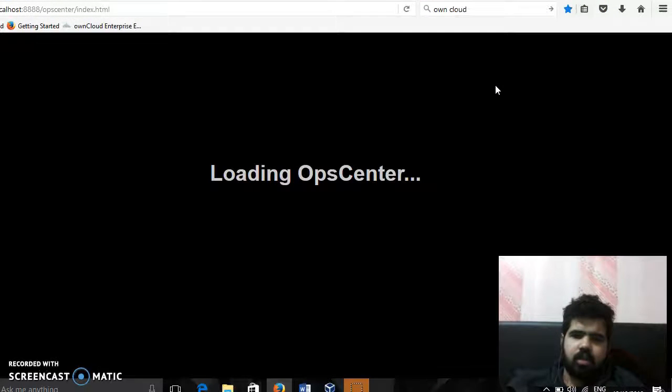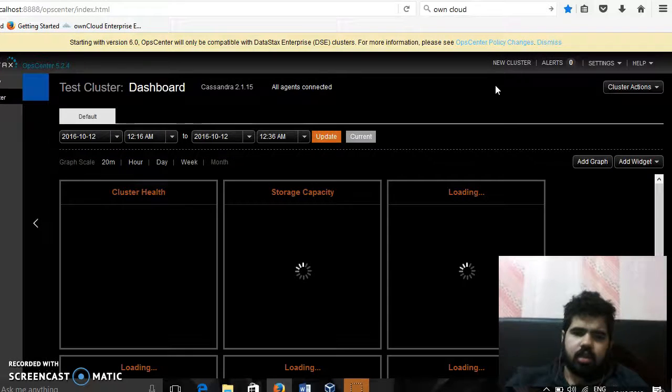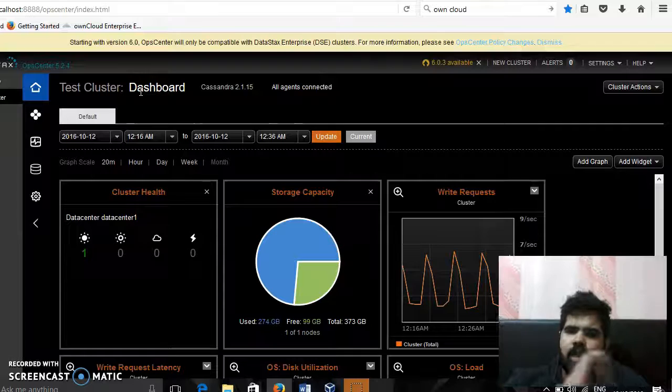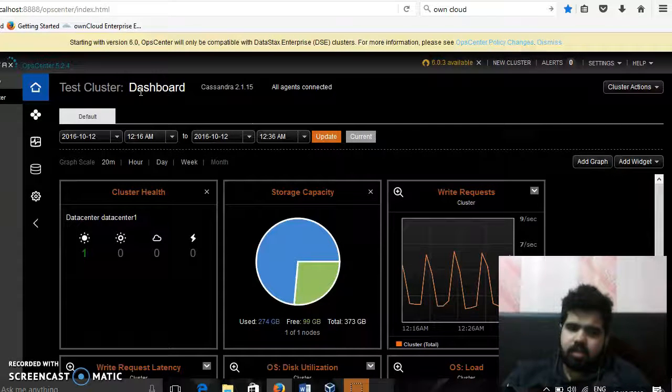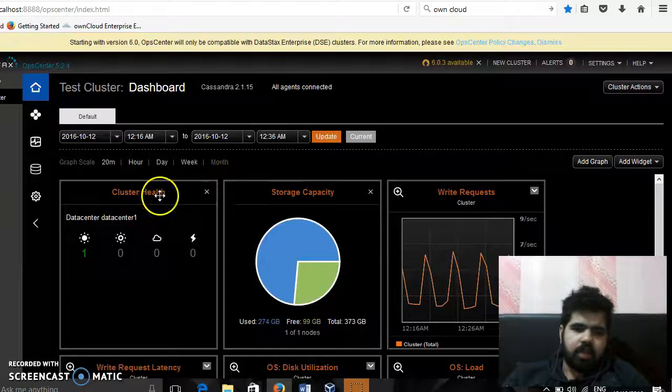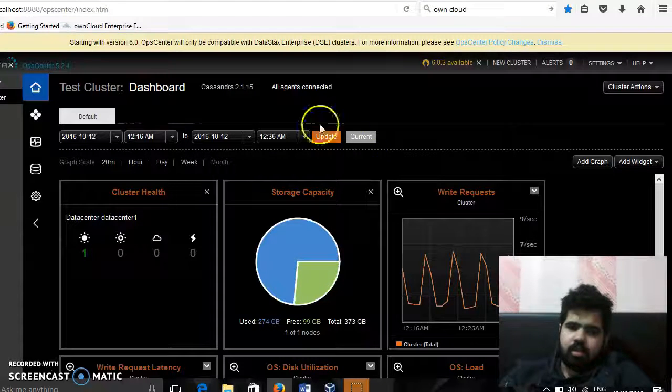Cassandra. So this is our OPS center. This is a community center edition, just for the trial run. And as you can see here, this is our dashboard, and a test cluster has been provided to us anyways,